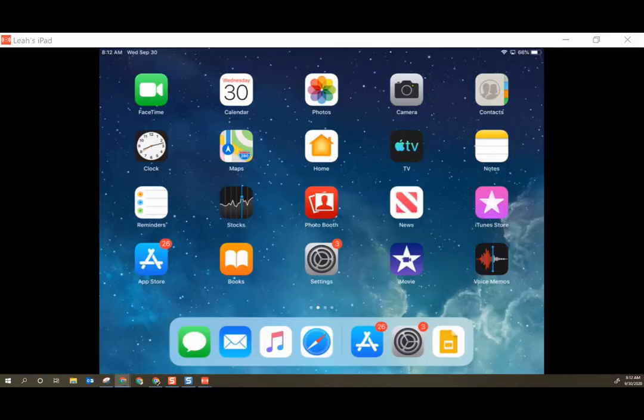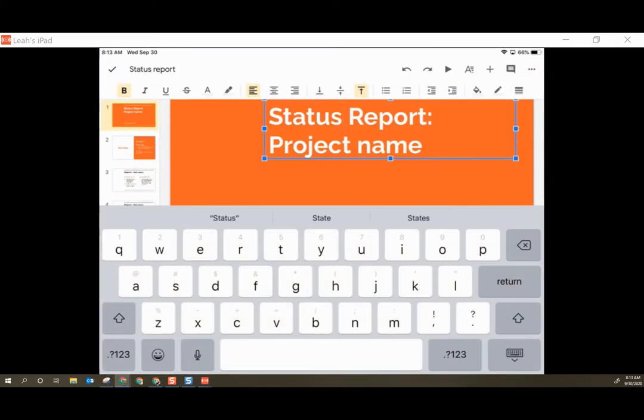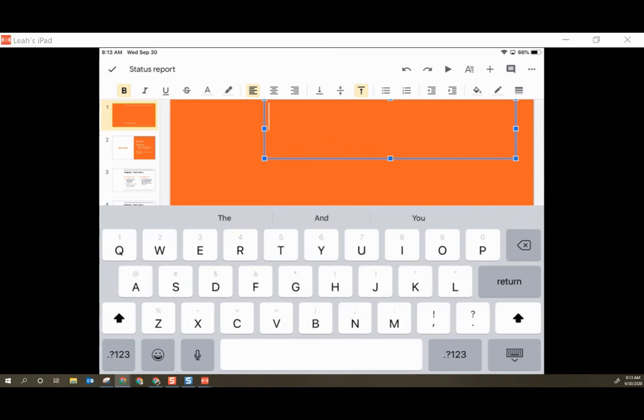On a device running iOS, such as an iPhone or an iPad, the dictation microphone is built right into the keyboard. So oftentimes there isn't a need to go turn on further dictation tools in the settings. However, you do have that option if so needed. I'm going to head into a Google slide that I have just to show you what it does and how it works. I can backspace out and then simply select the microphone,